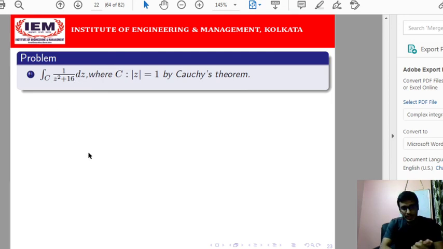Now if the points where the function is not analytic are inside that curve or on that curve, then I can't state anything by using Cauchy's theorem. Then I need to study the Cauchy integral theorem that we will discuss later. So we just need to identify the points where it is not analytic and whether those points are inside the given curve or not. If they are not inside the given curve, then the value of the integral will be 0. It is given for you to verify.